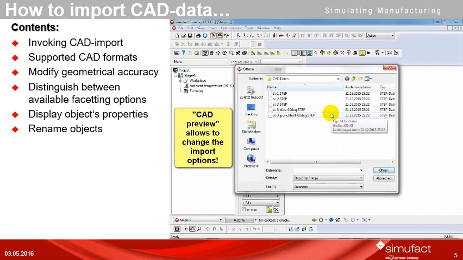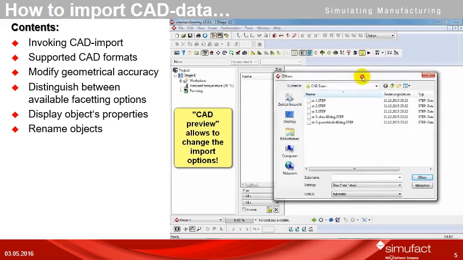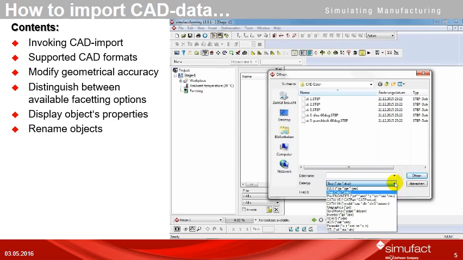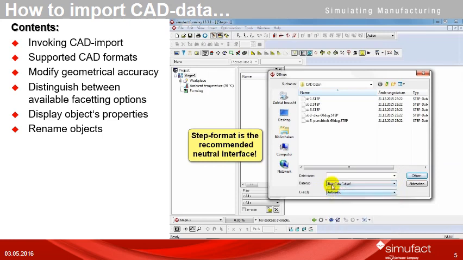This dialog enables us to, well, select the import options which are being employed. As you see in this dialog, there are a couple of different geometry types which are being supported by Simufact Forming. So we have standard CAD interfaces like IGES or STEP, and we have also direct interfaces to ProEngineer, CATIA, and so on. So for this example, I choose the STEP format,